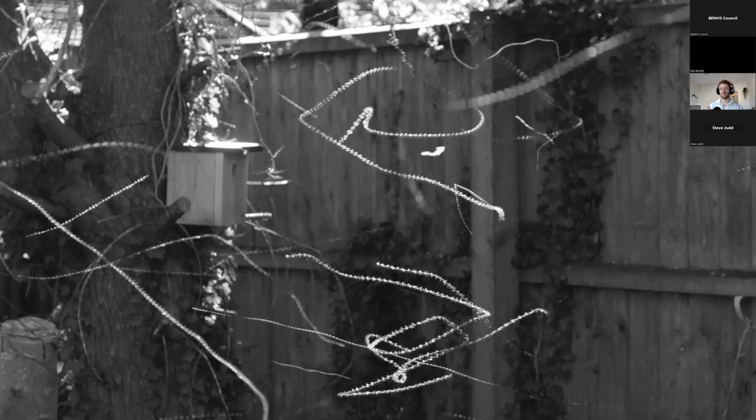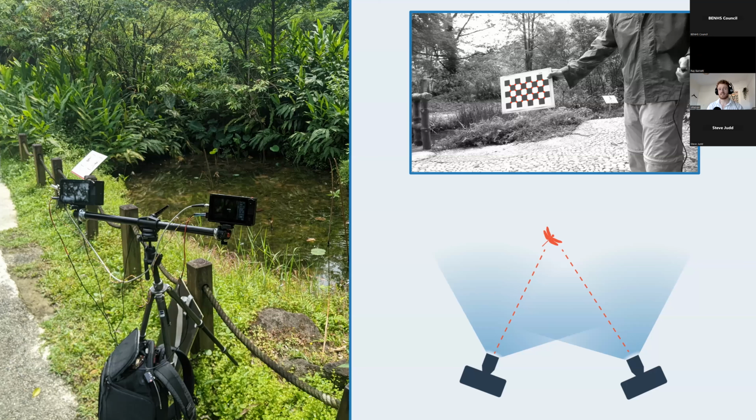What this generally involves is having two high-speed cameras. This is them on the left of the screen. That is two high-speed cameras able to shoot at 1,000 frames per second. Your average camera nowadays on a mobile phone can do about 60. So we're able to slow down what's happening in front of us by about 20 to 40 times, depending on what you're comparing it to.